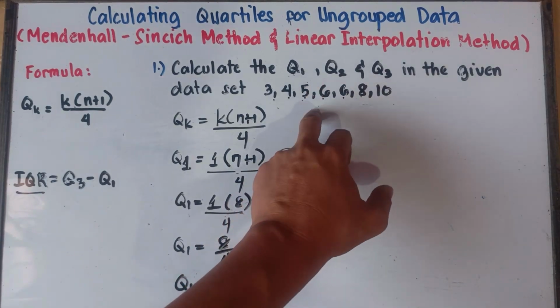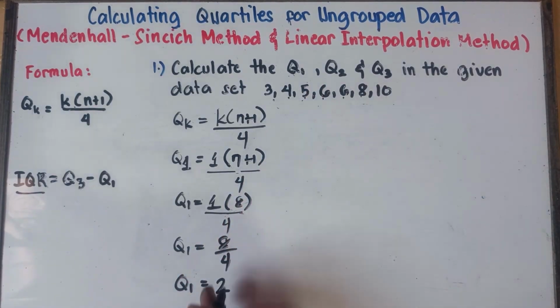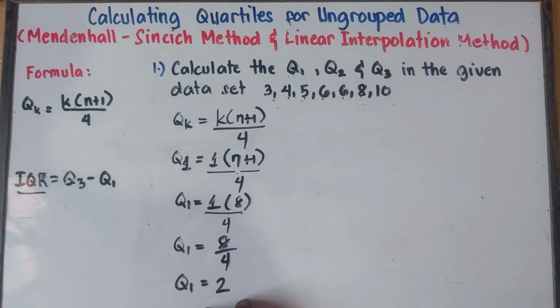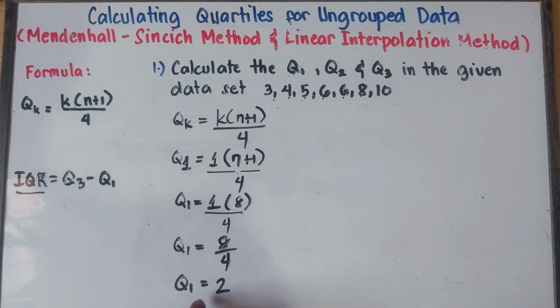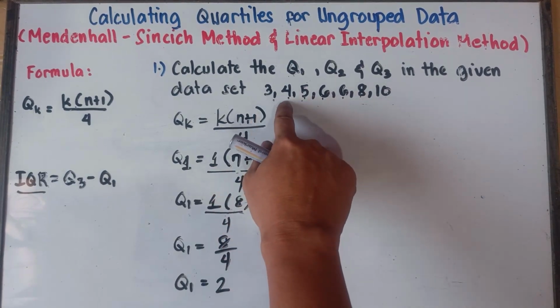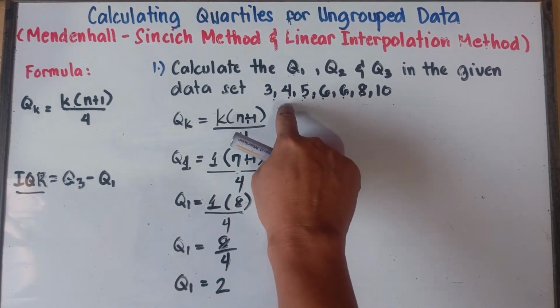As you can see, class, we don't have 2 right here. Because when you solve for quartile, that will be the measures of position. This is just the position. So therefore, quartile 1, that would be on second position. So second position, so first position, and then second position. So therefore, quartile 1, that would be 4.